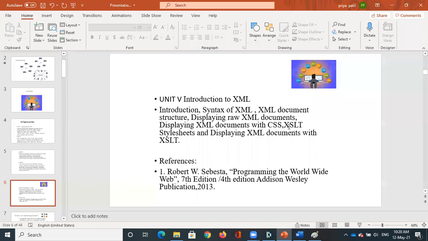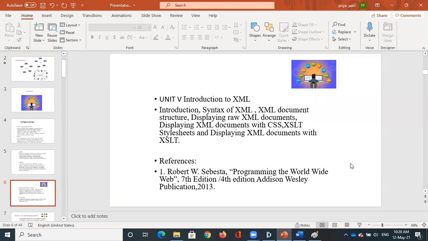For this, the reference book that we have is Programming the World Wide Web, 7th edition, by Wesley, and the author name is Robert W. Sebesta. So this is the basic theory syllabus that we have for this entire subject.